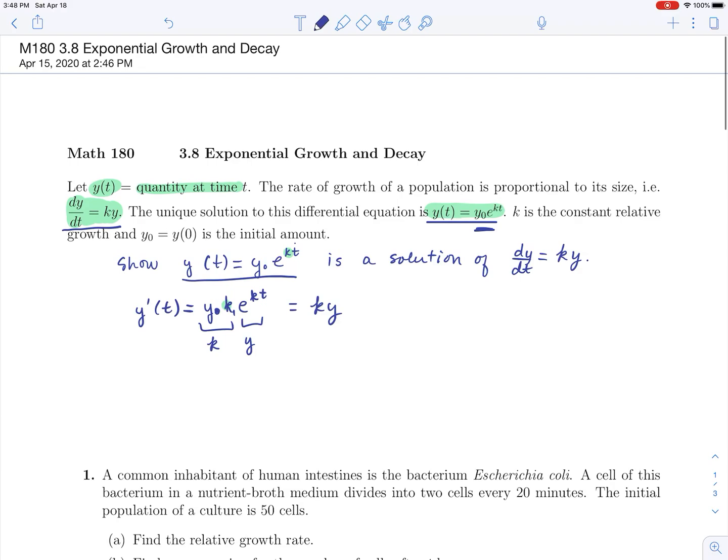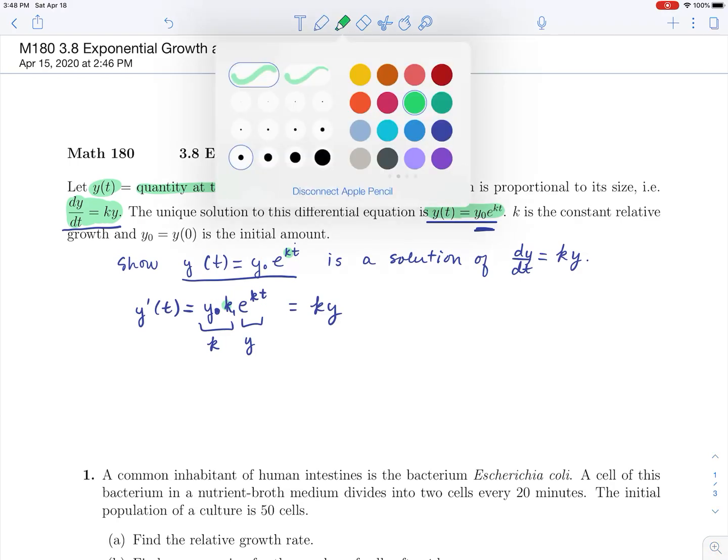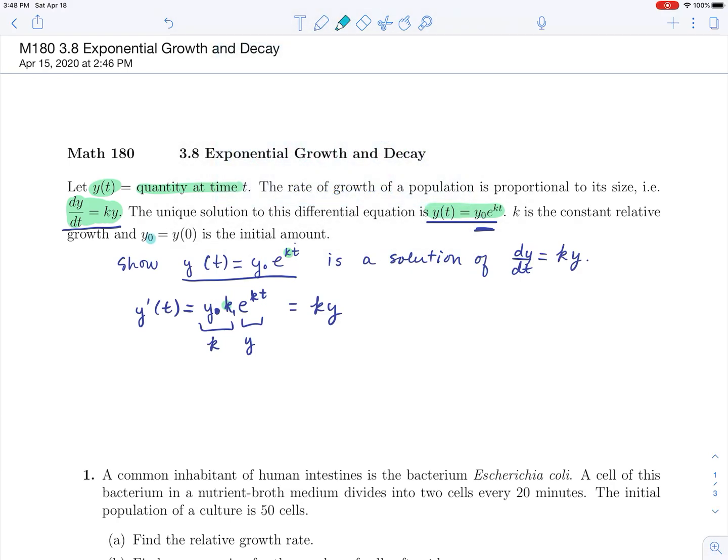So anytime you see a subscript 0, that means initial amount, and that usually means that you're plugging 0 into the function, because most functions that we create to model things start at 0. Okay, so we can show, and I have that here, that it's a solution, because